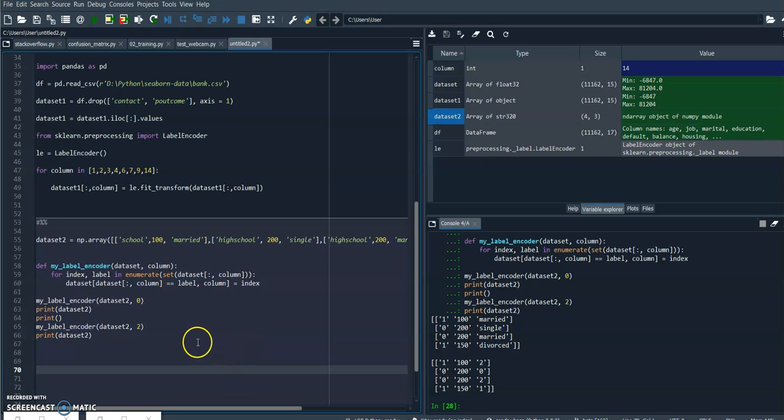As you see here, I've changed some code, and I put the entries that have the same label in groups with the same index. So as you can see here, after encoding, we have married, single, married, divorced. Married is 2, single is 0, married is 2, and single is